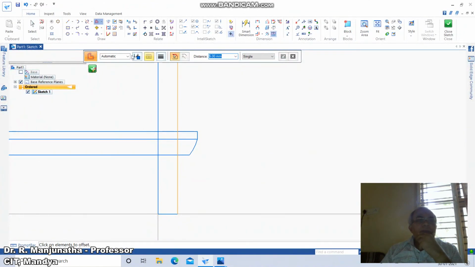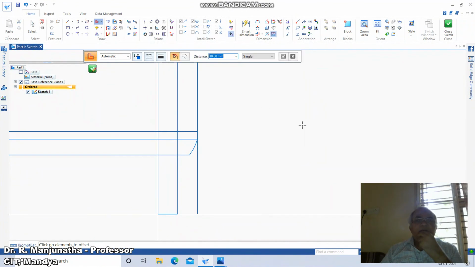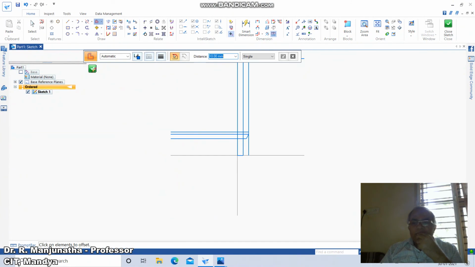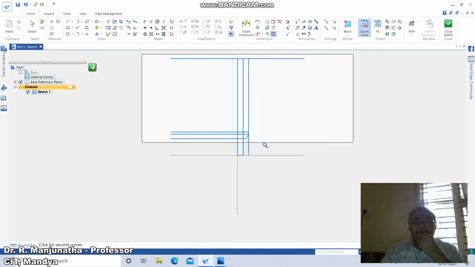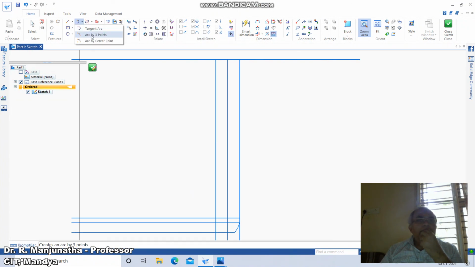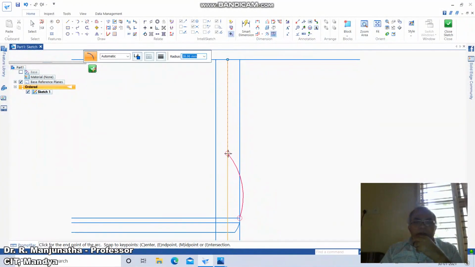Again you take an Offset, take the distance as 10. So from here you take the distance as 10 and go to Fit. Come down to Zoom Area, you come down to this. Now you go to Arc by 3 points. Go to Arc, you take the endpoint, then the radius is 28. Then you just take this point, so that is here.